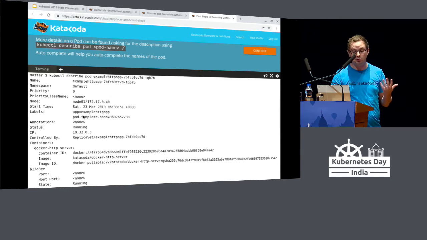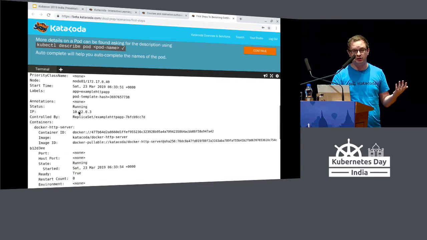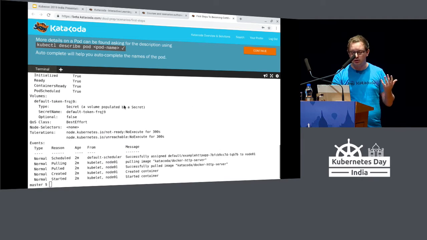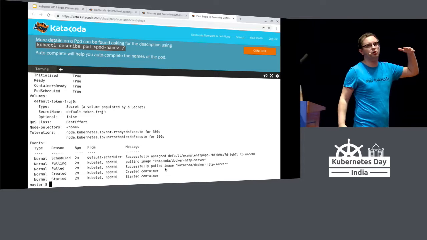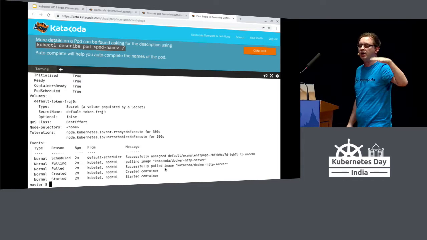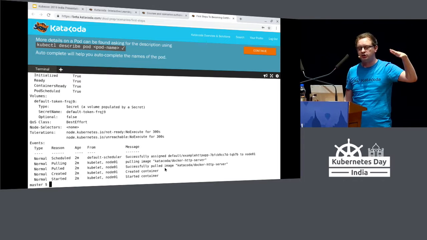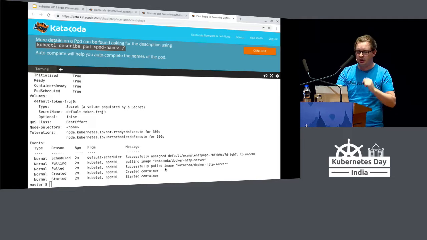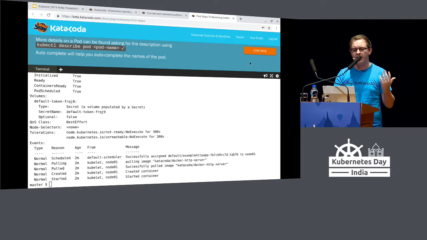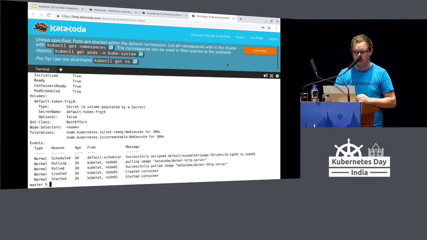And so we can see when it got started, we can see the internal IP address, which Docker image is being used, and what version that would be, and all of the other events, what events occurred in order to start that pod. In this case, we allocated it to a node, it went off, it pulled down the container image, and then that container got started. And this is a great way when you're managing your pods and want to understand what's happening under the covers, you can use this describe on any object within the Kubernetes cluster.